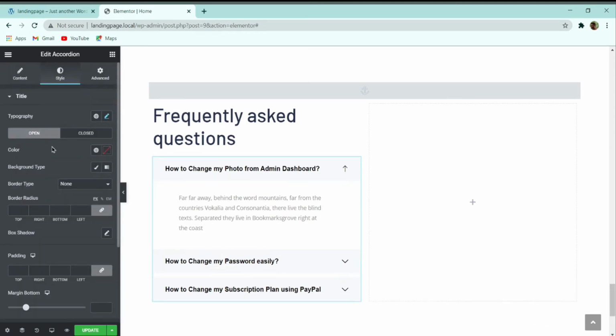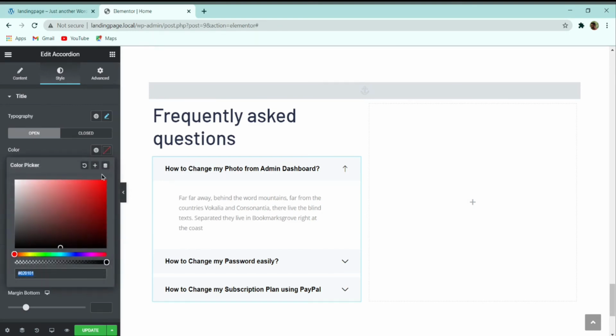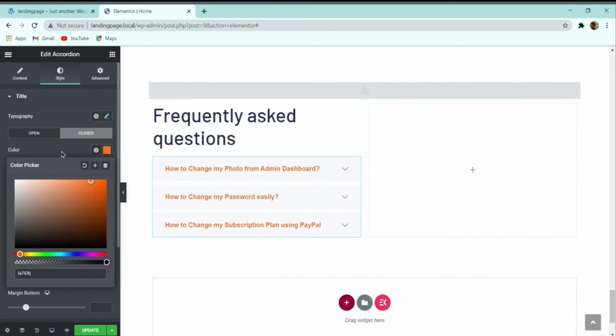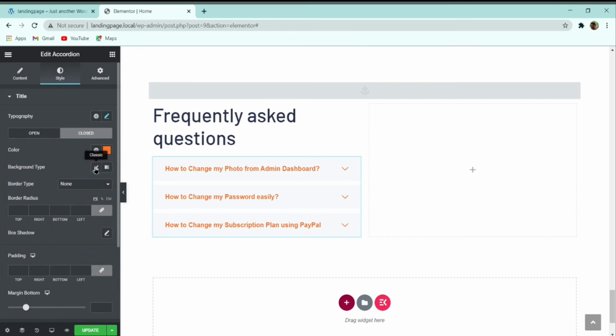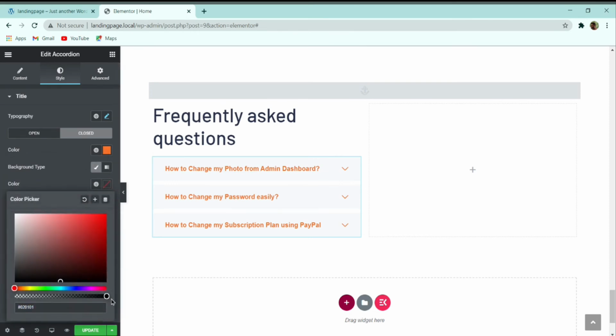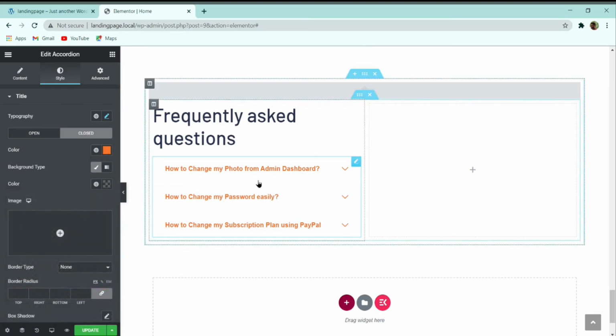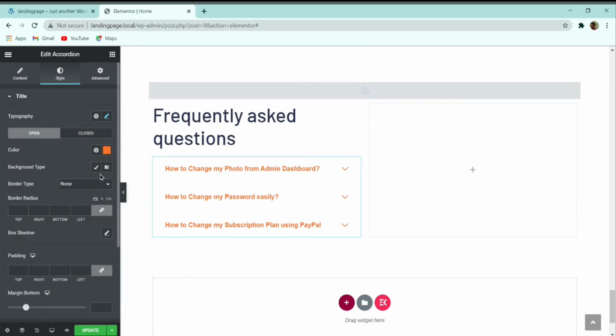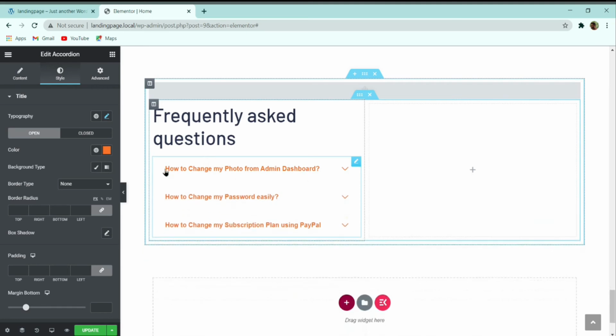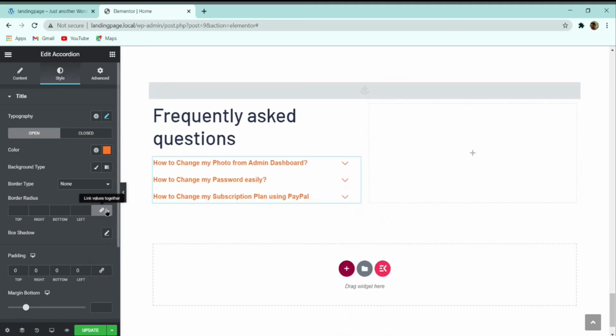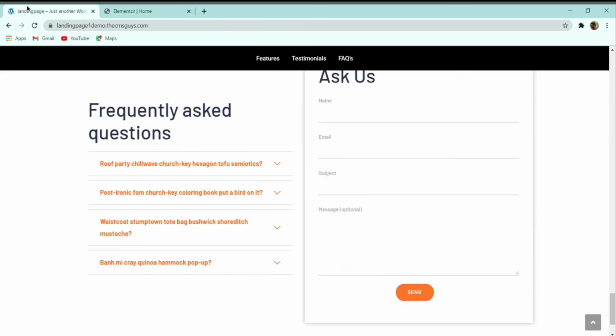And then, when it is open or closed, both the text colors are the same. So let me give the text color FA742B. And similarly I will give the same text color to the closed part also. Here you can see that the color is changed. After that, let me remove the background color, because I don't want any background color. So here you can see that I have deleted that background color for open, and for closed there is no background color. After that let me remove the padding over here, because we don't want to add any padding.